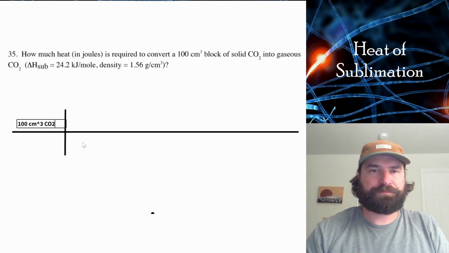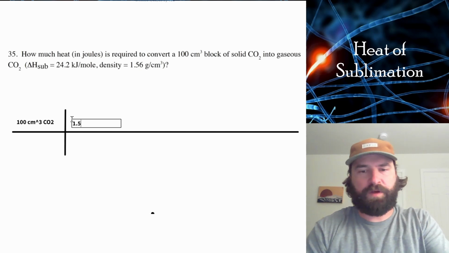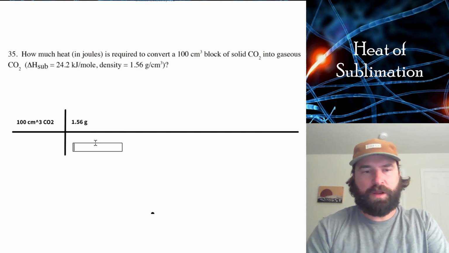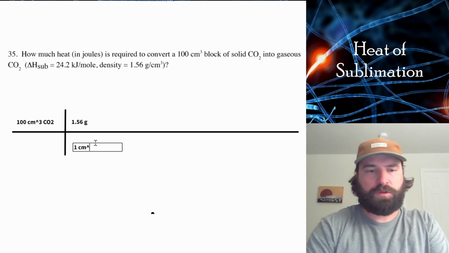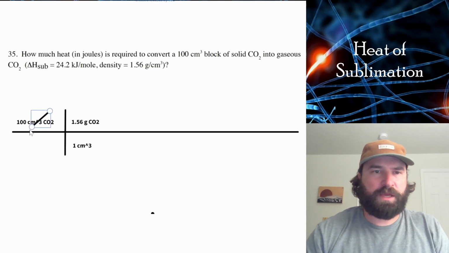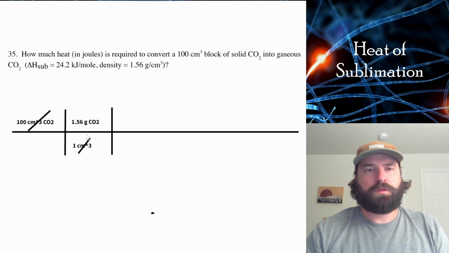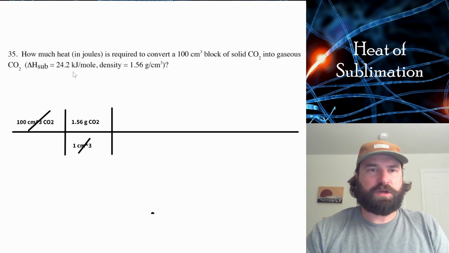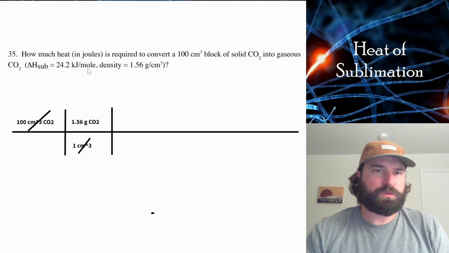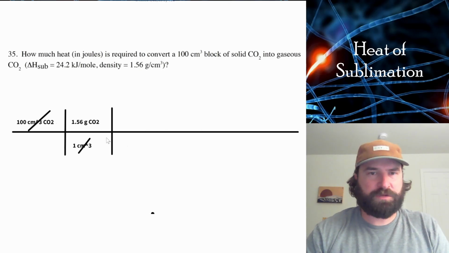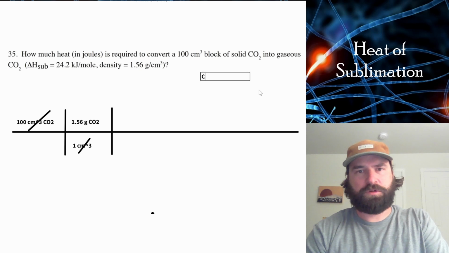And then we know that the density is 1.56 grams for every cubic centimeter. So right there we've canceled our cubic centimeters and we're into grams. Then from grams we can use the molar mass to get into moles. And then we can use our heat of sublimation to get into kilojoules from moles. So just looking at the units and figuring out how to convert each individual thing, we should be able to arrive there eventually. So molar mass of CO2, carbon is